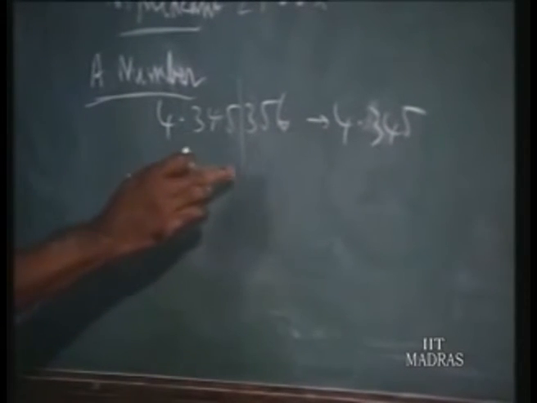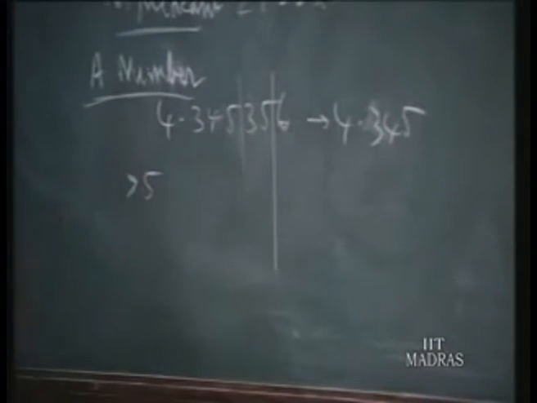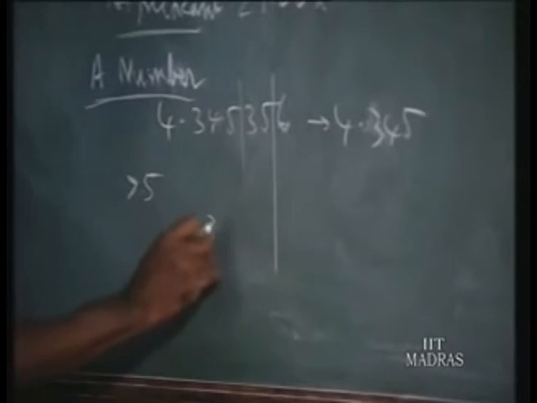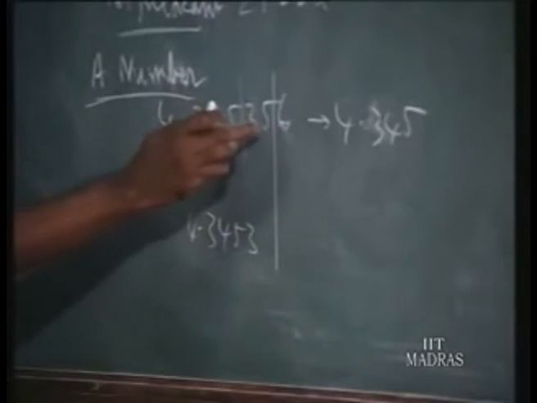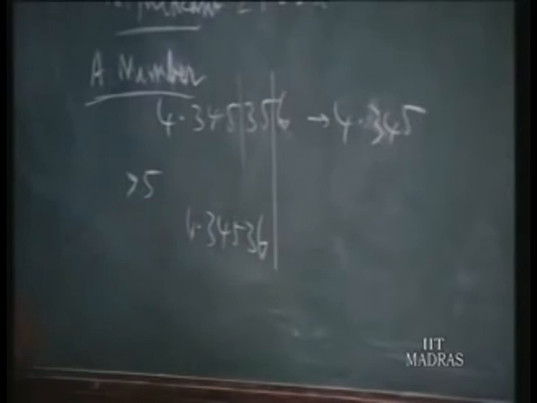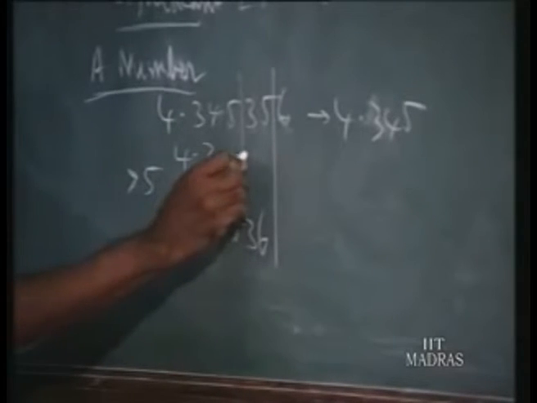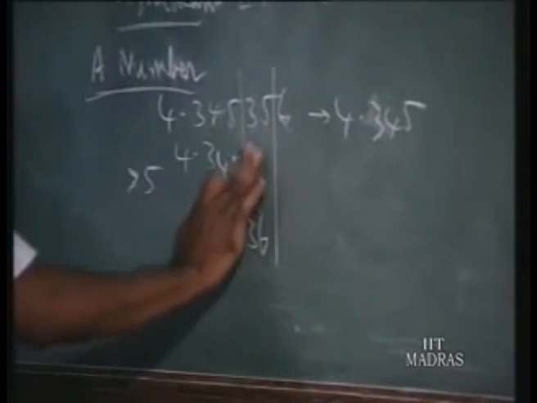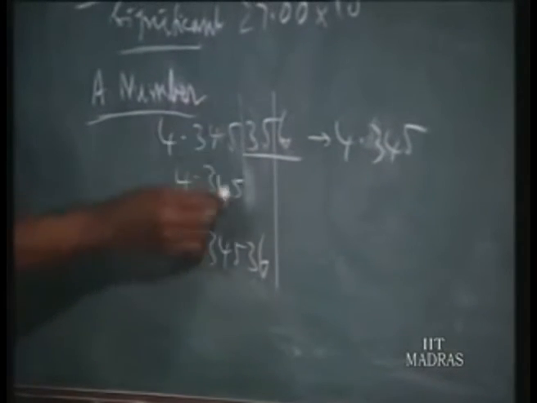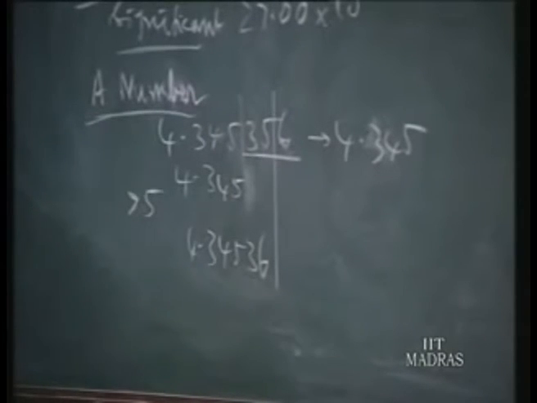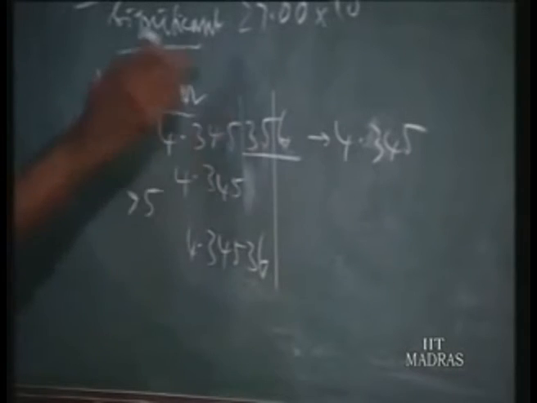Suppose we want to have 5 decimal places. Now it is 4.3453, and the discarded number starts with a number greater than 5. Add 1 to the desired decimal place. Now it is 36, that is for the fourth decimal place. If it is less than 5, we leave it as it is. That is 3, 4, 5, 3. Suppose we want only 3 decimal places. The neglected number starts with 3, so leave the decimal place untouched. If it is greater than 5, add 1. If it is less than 5, leave it as it is.